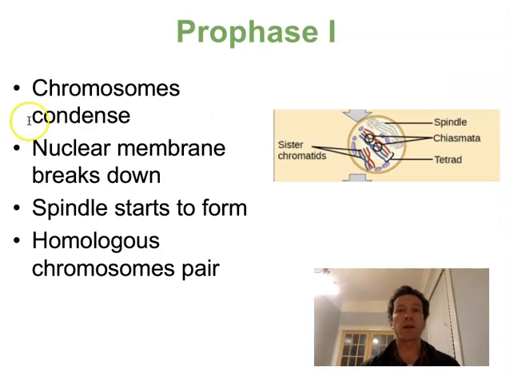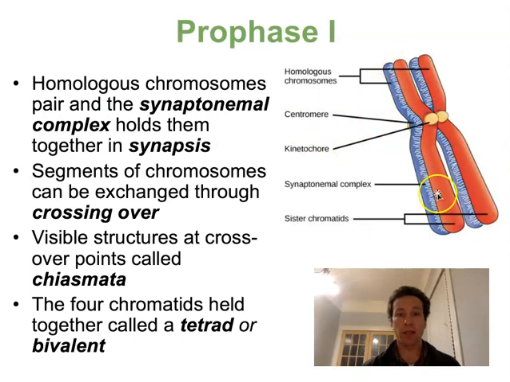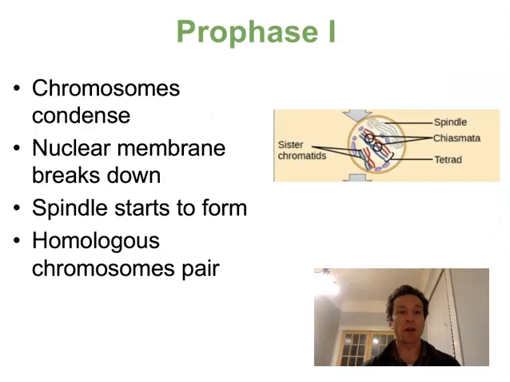During prophase, chromosomes condense. This is just like in mitosis. The nuclear envelope breaks down. That is just like mitosis. The spindle forms, and the homologous chromosomes pair into tetrads or bivalents, as shown here. So now let's look a little bit more